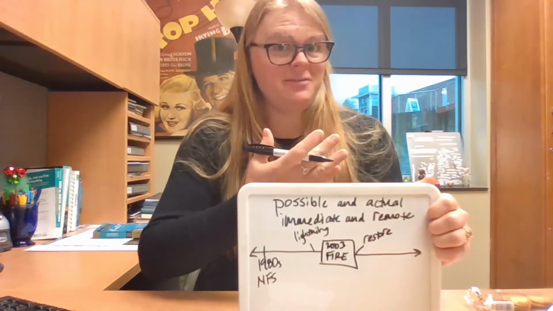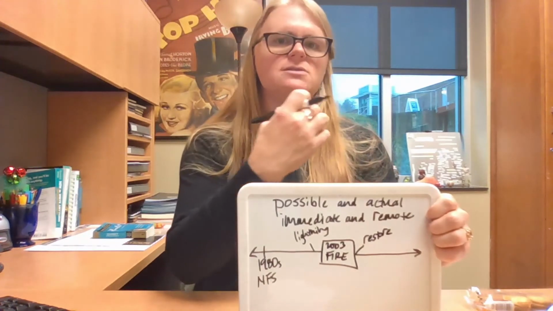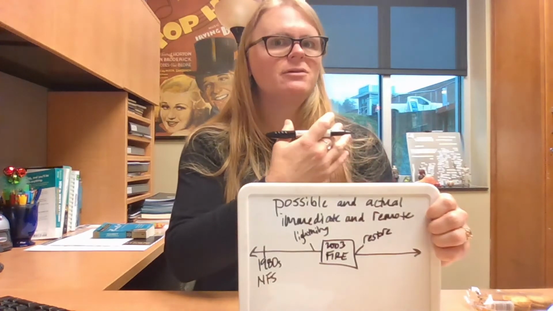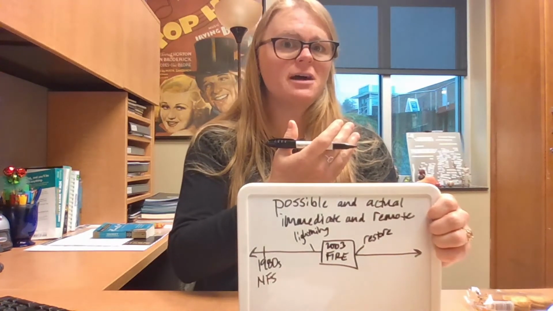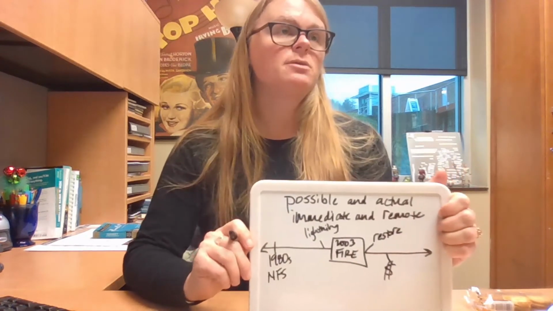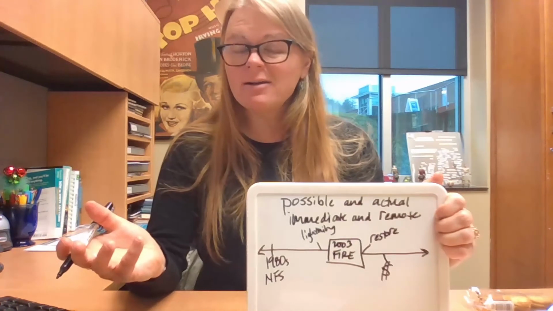Well, who pays for all of that? Who pays to feed and to house and to protect these firefighters? Well, if they're national forest fighters, our tax dollars pay for that. So there are possible effects on taxes. There are possible effects on the cost of living in a particular area.